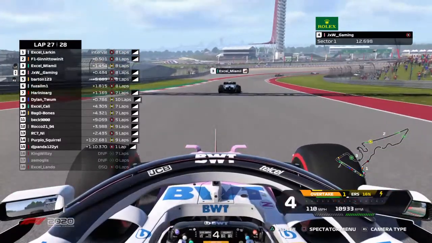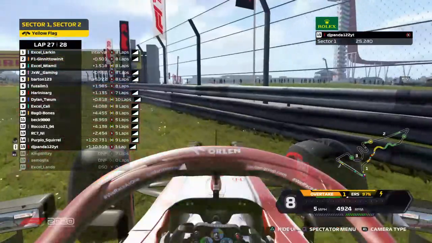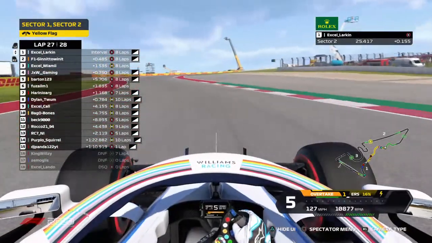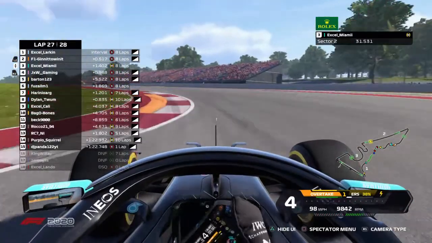He can't make that move. So those medium sides are starting to look a little bit better than they were just a few laps ago. I think that's DJ Panda, who's had a little bit of an off in the S as he's lost his front wing on lap 27 of this race. Larkin leads the race by 0.5 of a second to Jin and Excel Miami, still in P3 out on track,